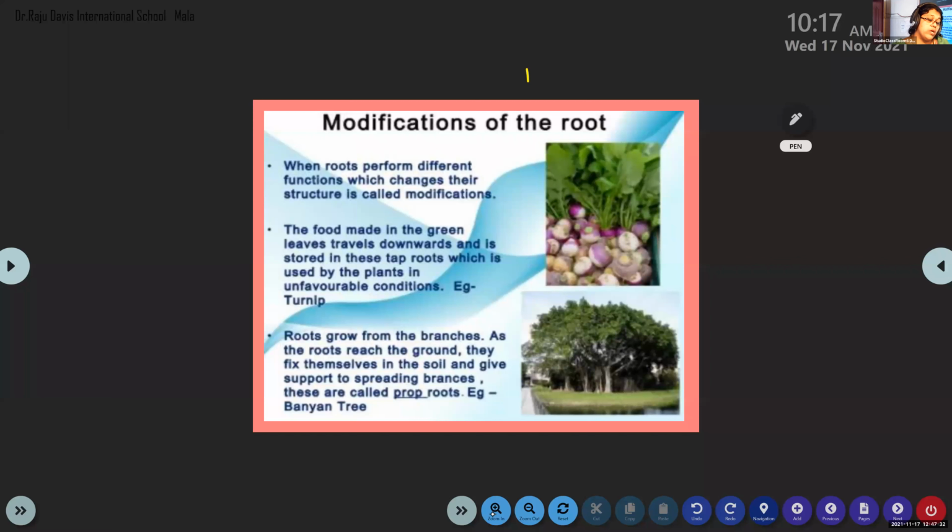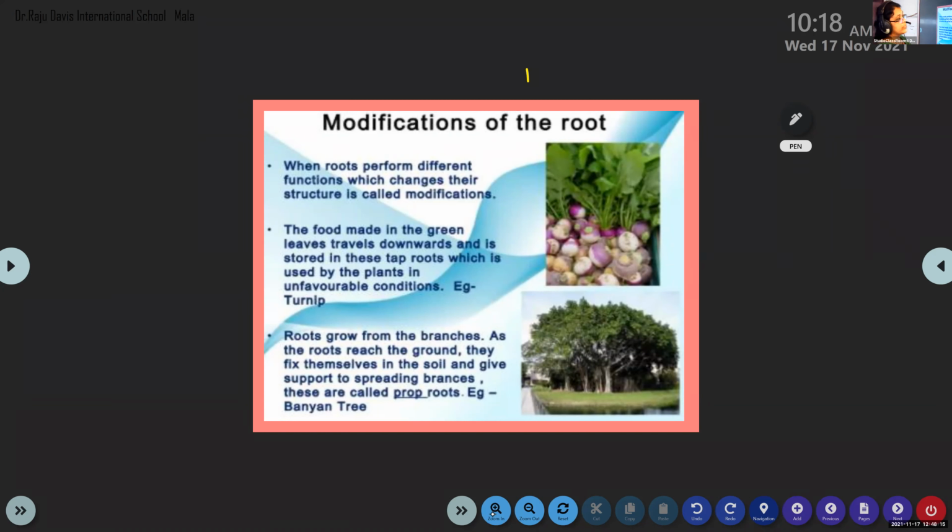And suppose during heavy rain, or there is not enough sunlight, how will the plants survive? By taking the food which is stored in the root. So turnip, carrots, potatoes, all these plants are storing the food in their roots, so that if there is some problem in the climate, maybe due to heavy rain, cyclone, or not proper sunlight, they use this food to grow. So that is the meaning of it.